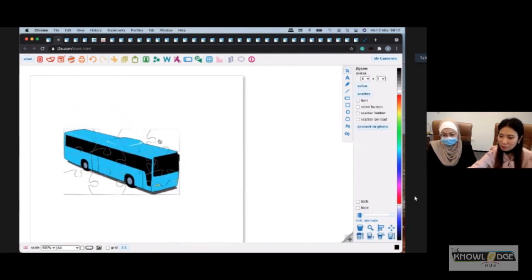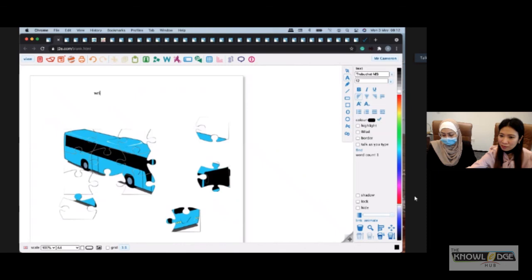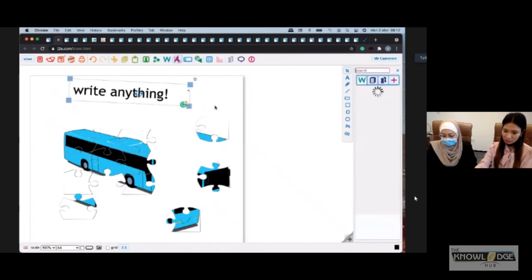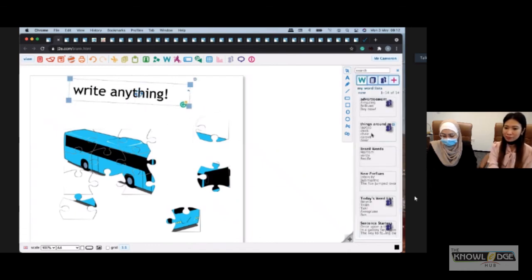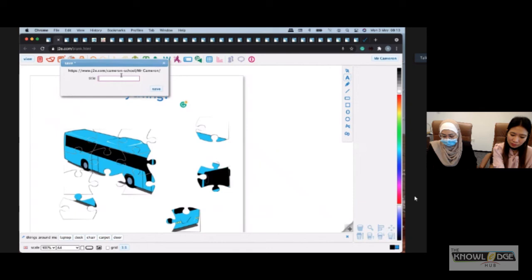And then I could even turn it into a jigsaw and do anything I wanted to it, or just write anything, and then change the size, etc. Put anything on the page, even have word lists incorporated, or videos or audio, etc. That tool is entirely collaborative. Once I've saved this as a file,